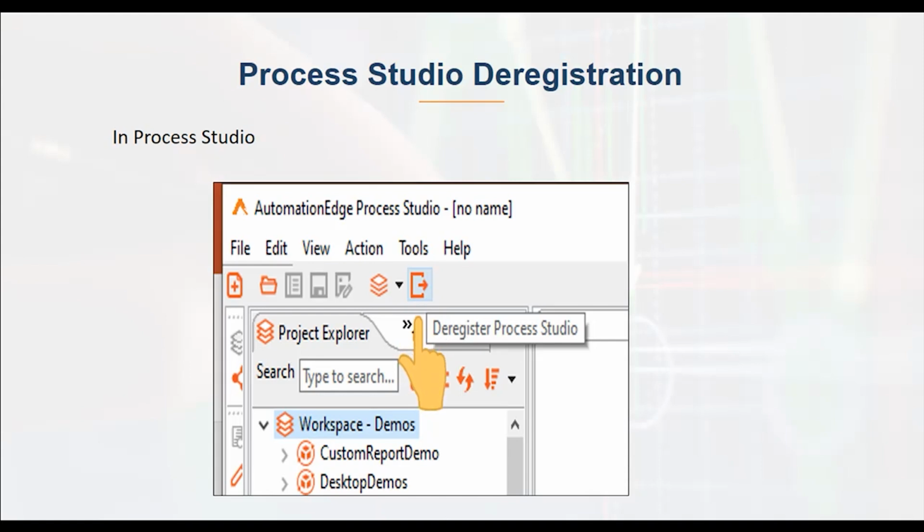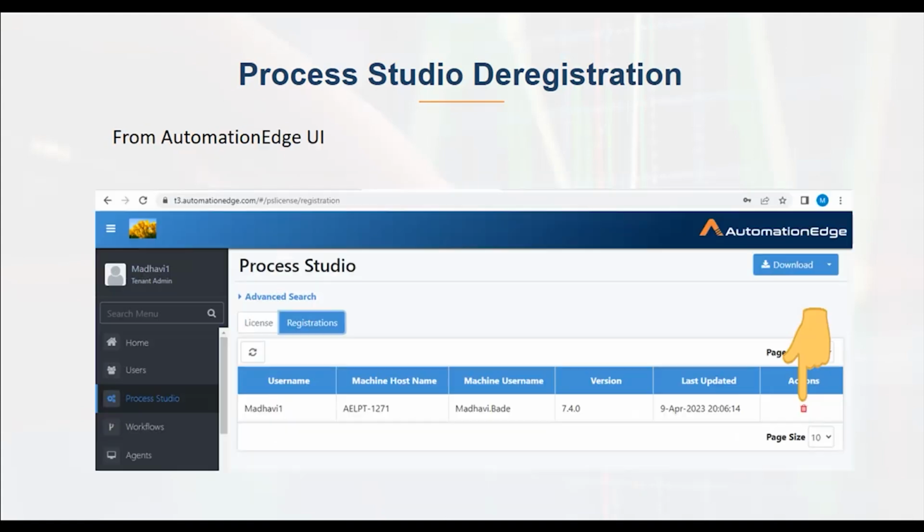Now suppose there is a scenario where the existing Process Studio instance is not available, or it is not getting opened, or it is by mistake deleted, then what should we do? In such cases, we can do the deregistration from the AutomationEdge Server UI. Log in to the AutomationEdge Server UI with the same user credentials for which you want to deregister Process Studio. Go to the Process Studio tab. In the registration tab, you will be able to see the registration entry. You can click on the action delete and the Process Studio registration will be deleted. If you deregister Process Studio from the AutomationEdge Server UI, then next you can extract a new instance of Process Studio